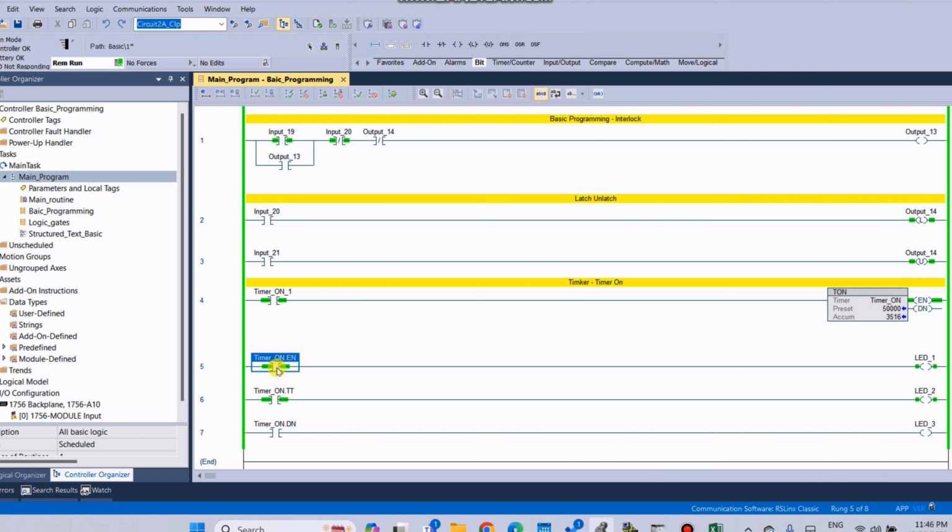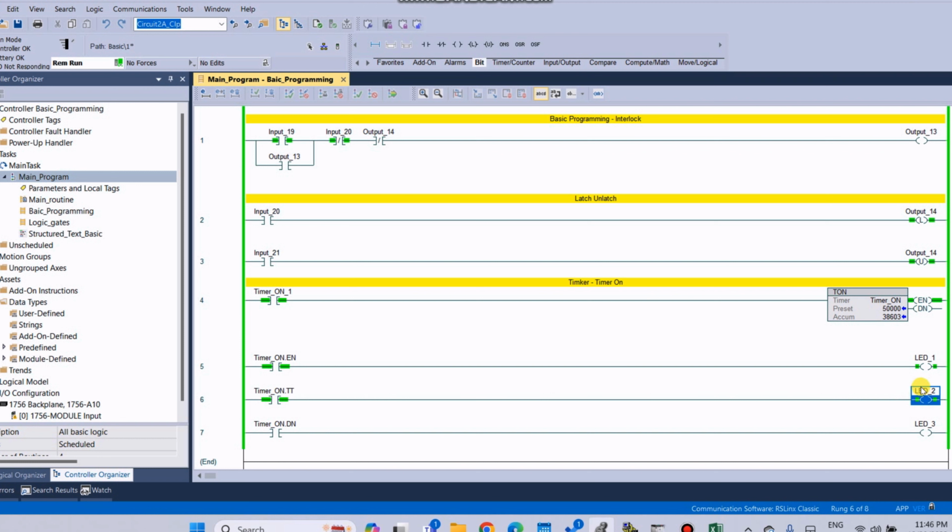So we can see here LED 1 is on, LED 2 is on. LED 1 is the enable bit. When the timer is on, the enable bit is energized, and also the timer timing TT bit is energized.